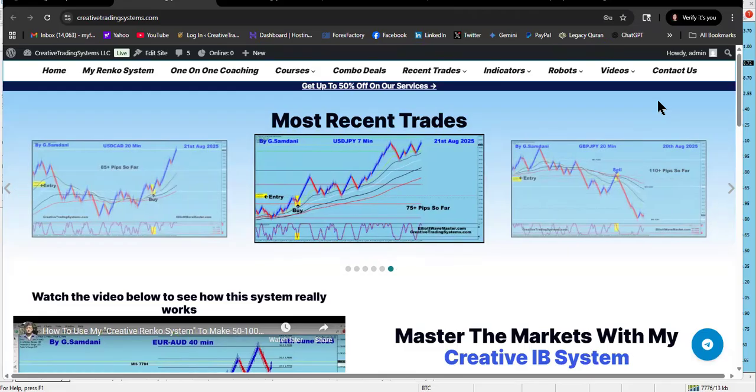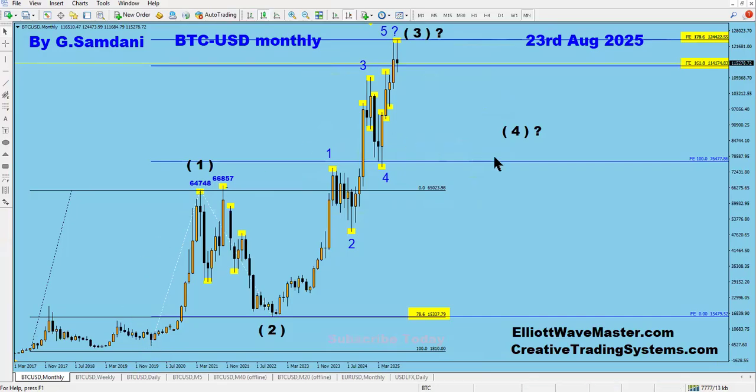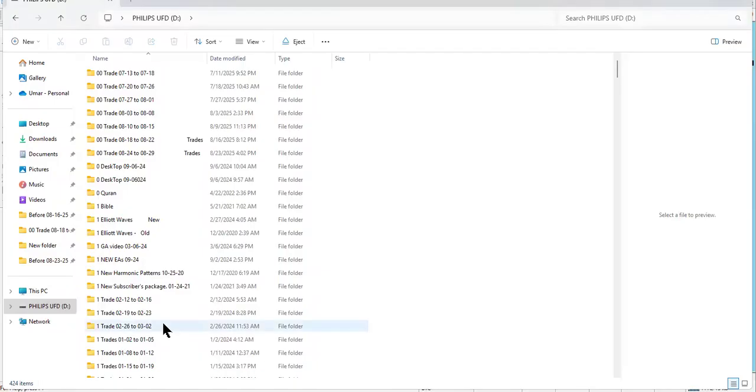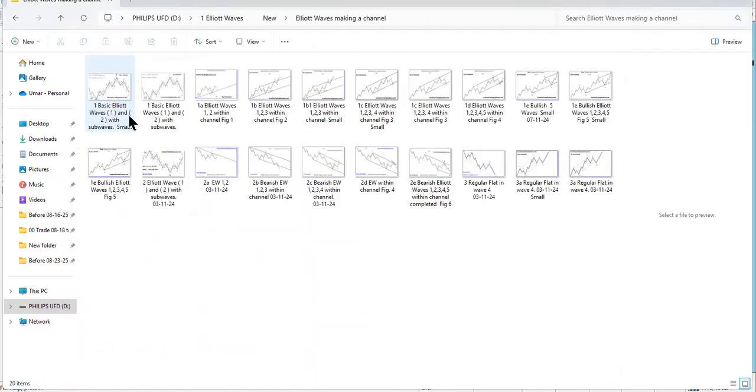So let's get started. Let me show you my chart, starting from the monthly chart. This is my monthly chart, and as you can see, it has an Elliott wave count. Let me show you how the Elliott waves usually look. What happened actually is